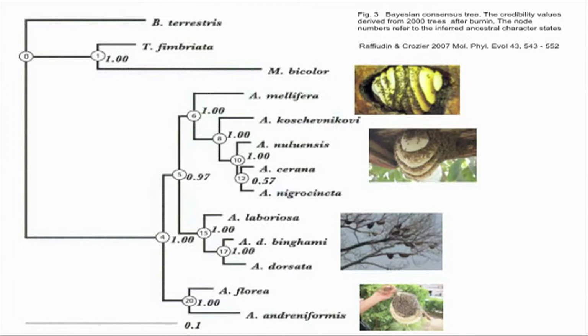Next, we've got a split here between the giant bees that nest in Asia underneath trees and such like, and the others, which are Apis mellifera, the western bee, Apis cerana, and its related species, the cavity nesting multi-comb species, and then a split here between Apis mellifera and the other Asiatic species. So that's a fairly clear phylogeny.